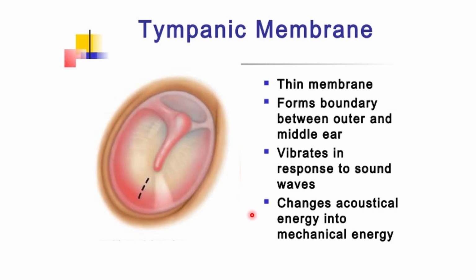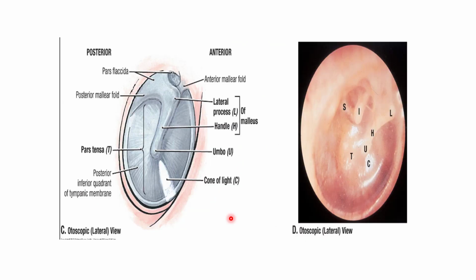Is it a female voice, is it a male voice, is it a loud sound, is it a high pitch or a low pitch, or is it a quiet sound or a whisper, whatever. So that is how the whole system operates to understand the quality of the sound and what is being said to us. This is also the interpretation of the sound. So that is the complete sequence of events.